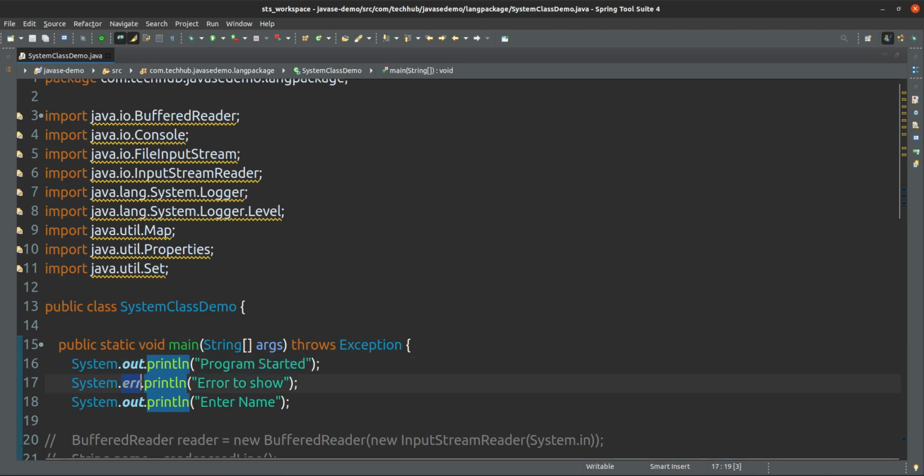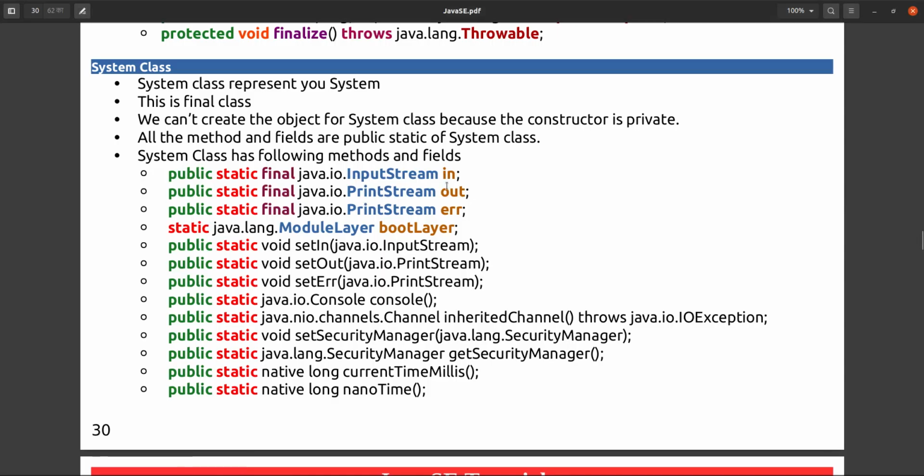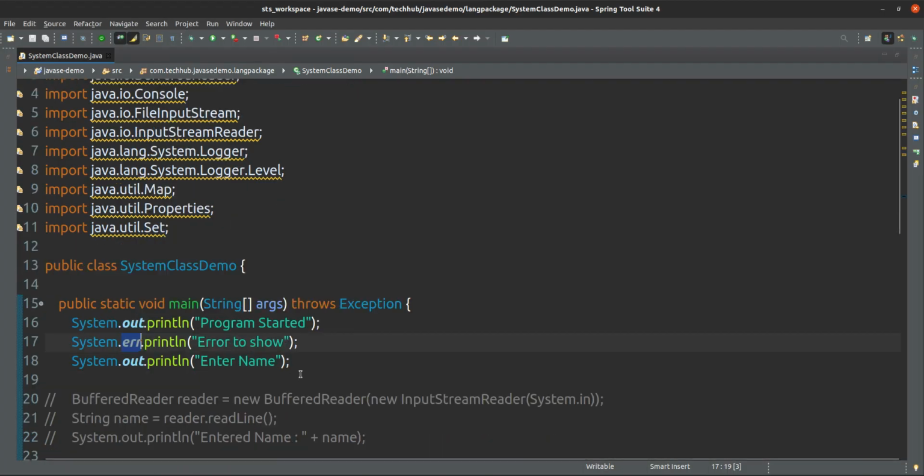And here we are using err, because out and err both are PrintStream only. That is to tell your compiler this is an error, so I want to print this as an error, so please print that in red color.